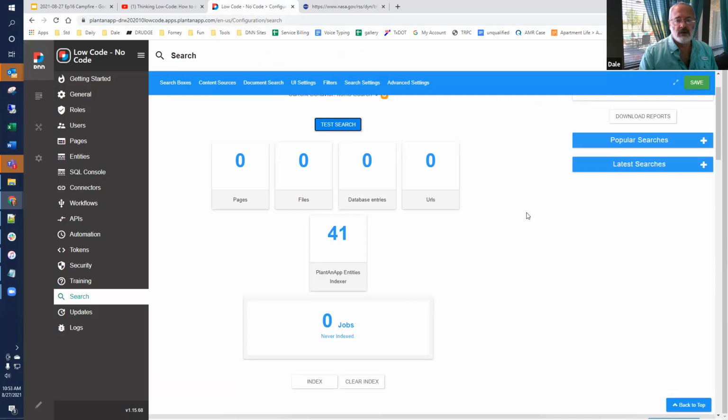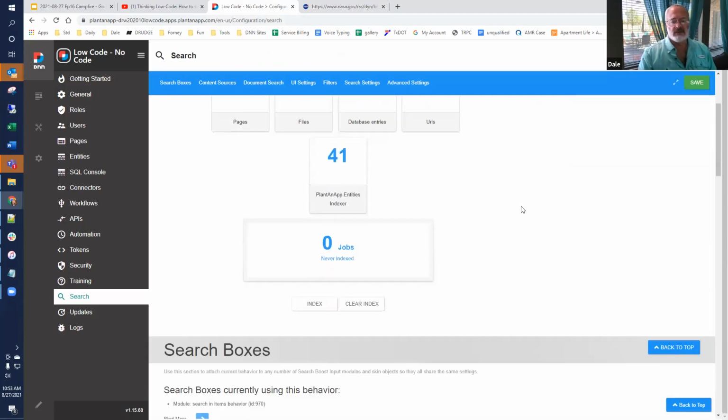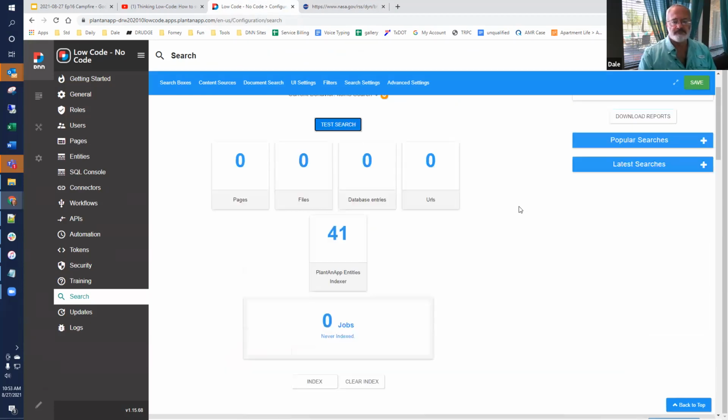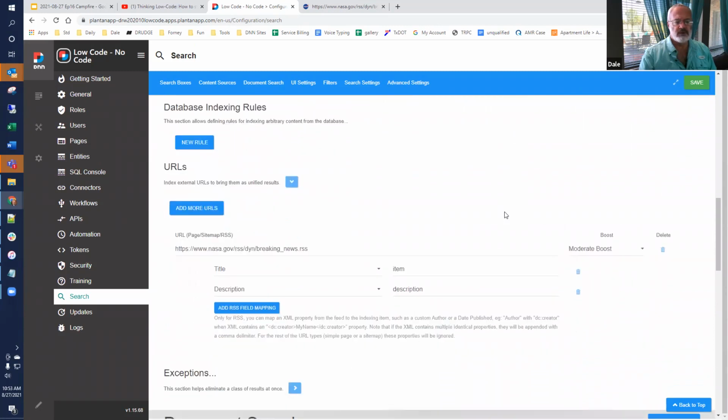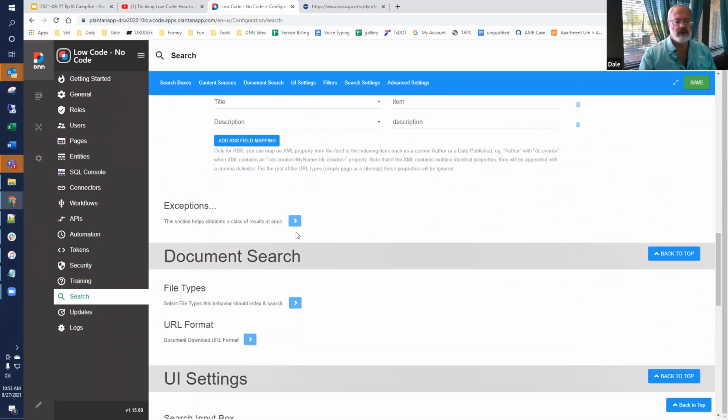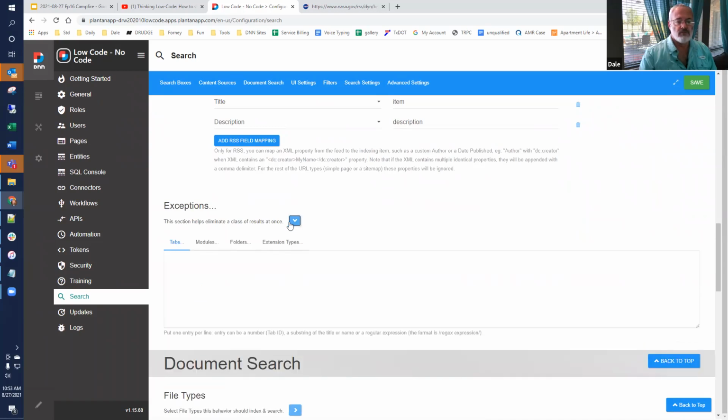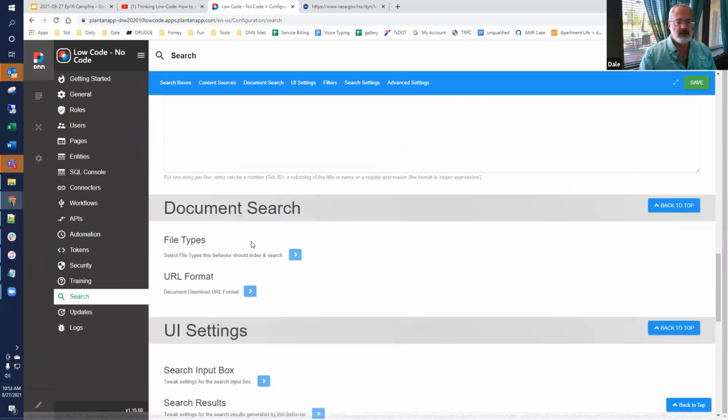So obviously, there's lots I don't know about this product, but you can include RSS feeds and URLs if you know what you're doing. Does it make you feel better when I can't make it work? You can remove things. You can make exceptions on things that you don't want to be there.